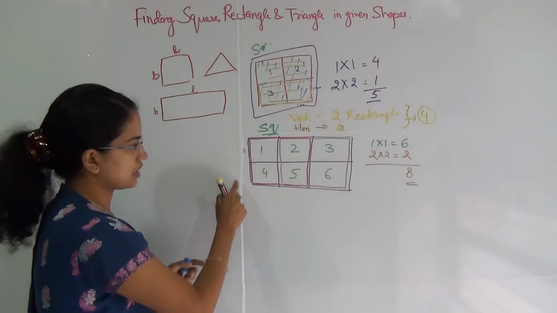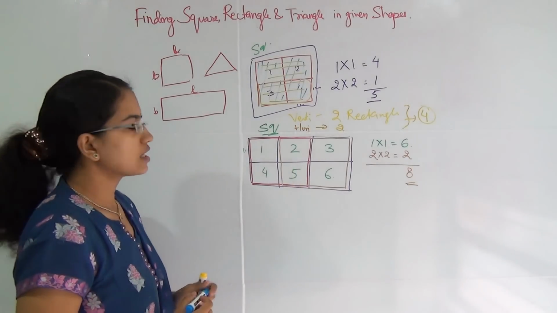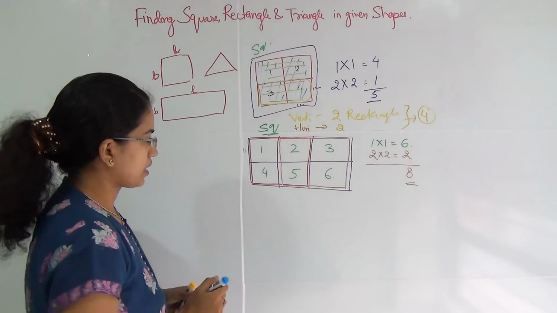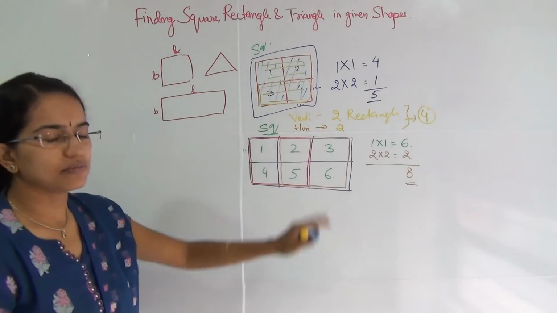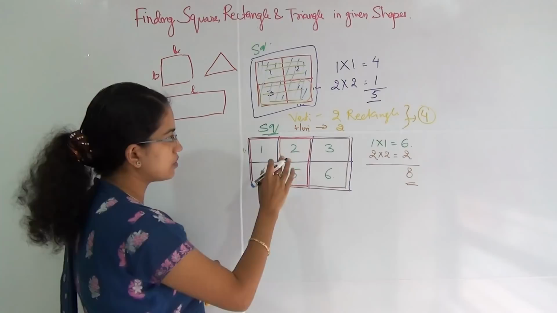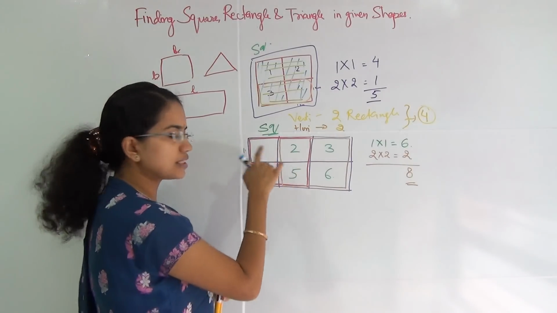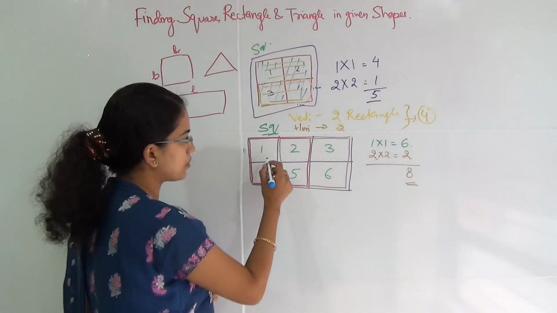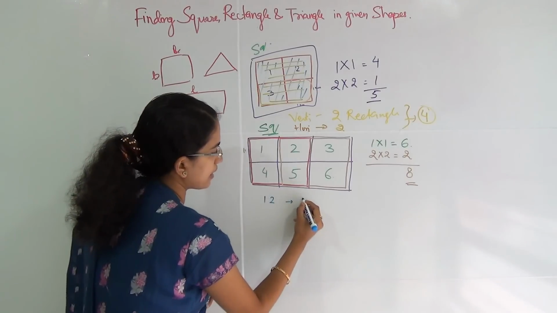Now in this question, if I want to calculate the total number of rectangles, how many rectangles would be there? Now let me do this by adding the numbers so it becomes simple. A rectangle can be formed only if I include 2 blocks. Okay, with one block it's just a square shape, so I need to include a minimum of 2 blocks. So 1 and 2 if taken together would become one rectangle.